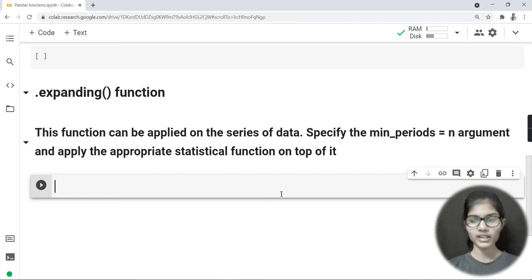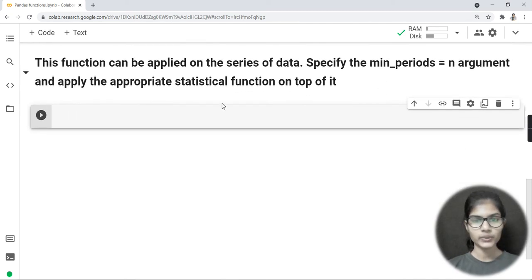Now, firstly, what we'll be doing is making some data on our own, and after that we'll be applying this dot expanding function, right? This data would be absolutely similar to the previous one, but a little bit of changes will be made there.